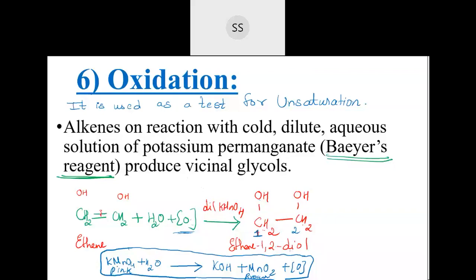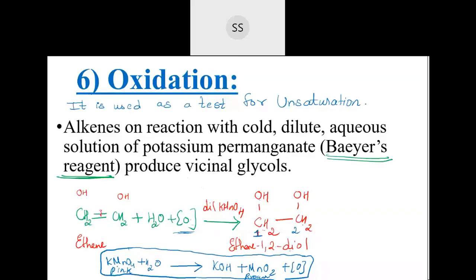Actually, the mechanism is not like this. For you to make it easy, we just show you like this. Otherwise, this MnO4's oxygen reacts with this double bond, and that's how the mechanism proceeds. So if only a double bond or triple bond is present, only then will they be able to link there. If there is no reactive site, the reaction does not take place. So if the color changes, that means it is either alkene or alkyne. Then with respect to alkenes and alkynes reactions, we should proceed further to find out which it is. If there is no unsaturation, color change will not happen. It will be pink in color itself.